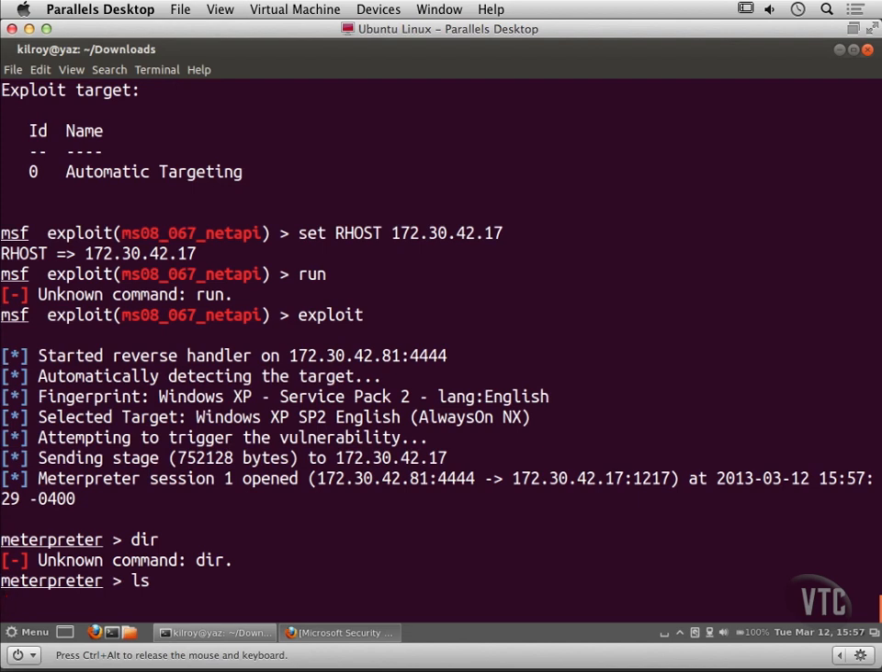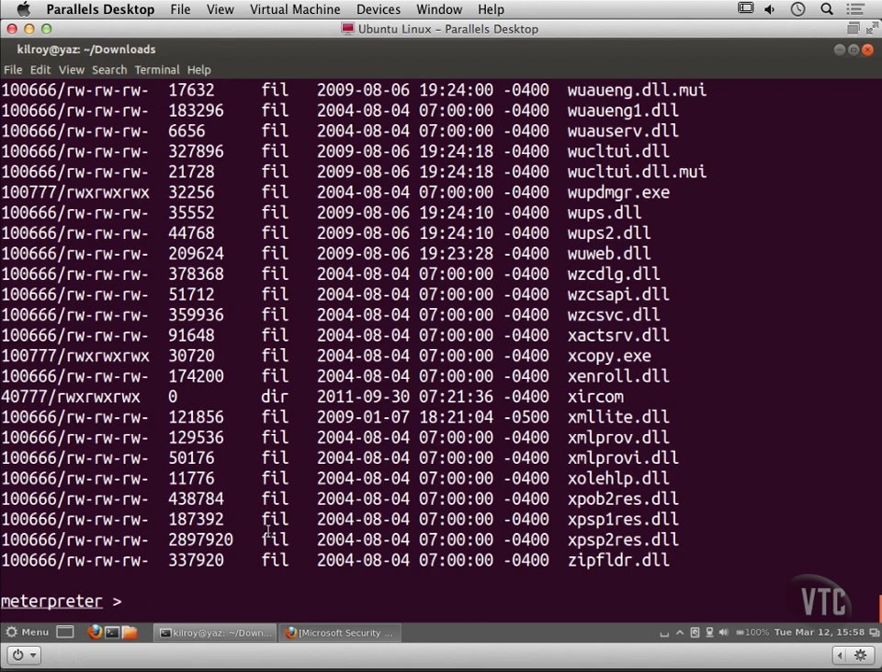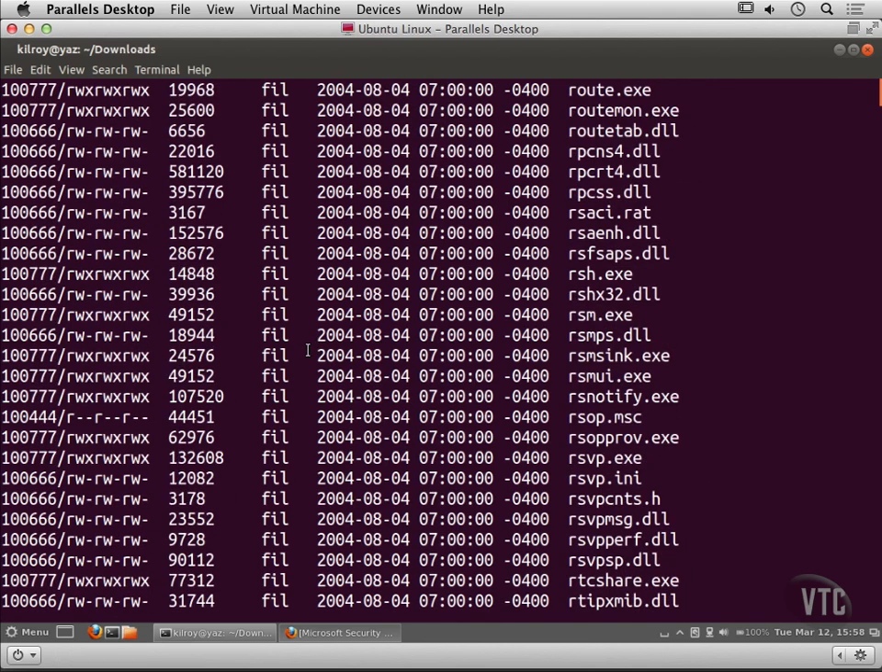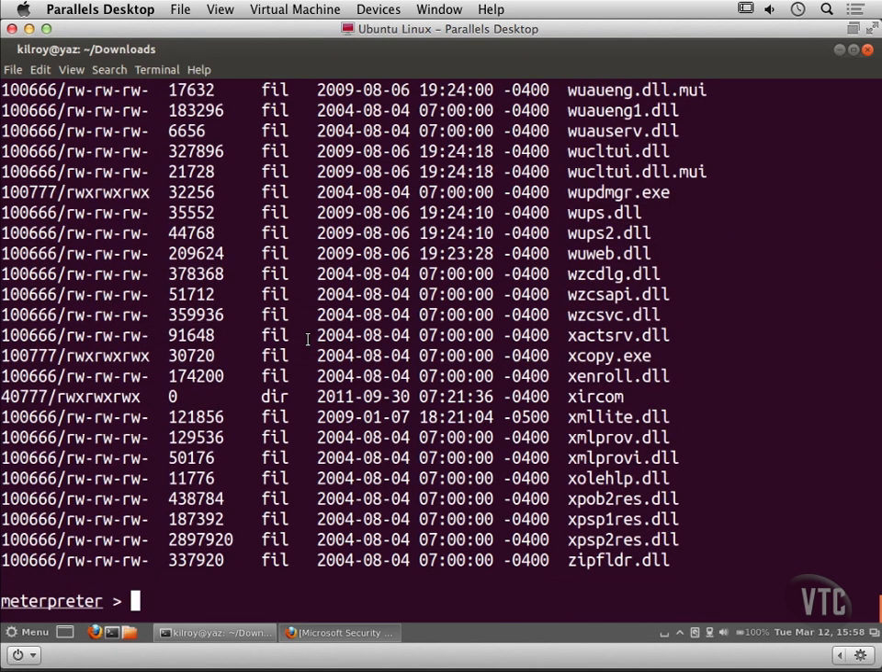I'm trying to do a file list and see whether we can actually get some data back. So here's all of the files on the target system, and it looks like this is probably the system32 directory that we are in at this point. So I am on the target system now, as you can see, and now what we want to do is